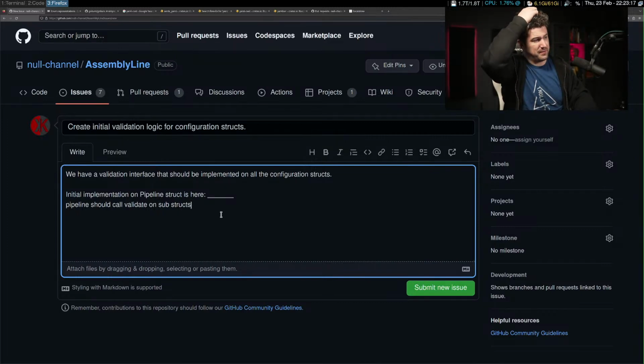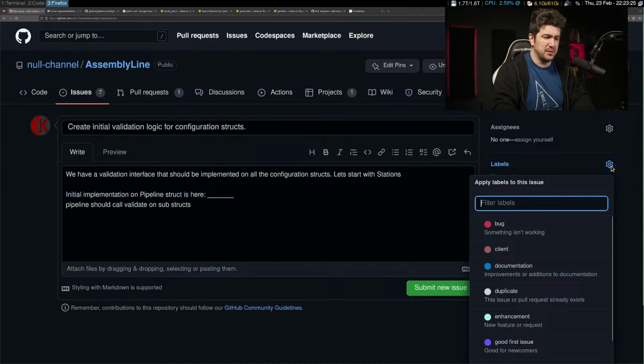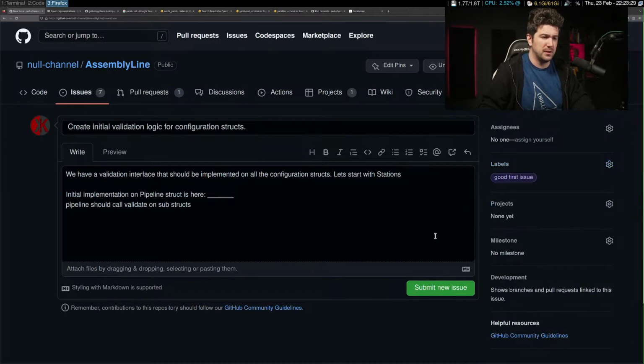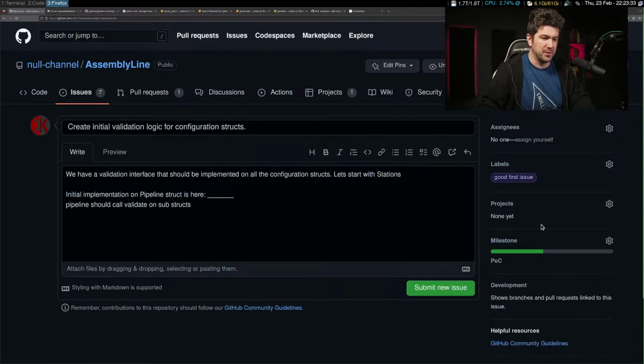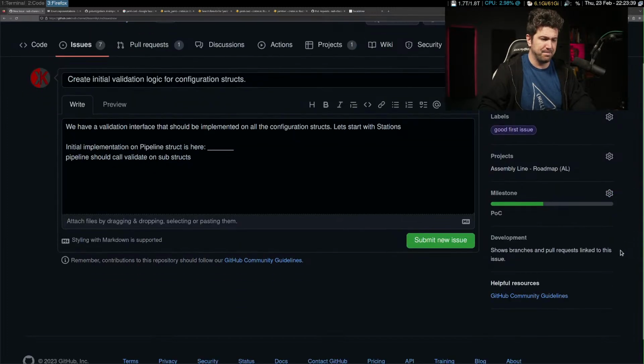We have a validate interface that should be implemented on all the configuration structs. Let's start with stations. Labels, good first issue. Milestone. Do we have a milestone? Proof of concept? Yeah. Project. Assembly line roadmap? Yeah.